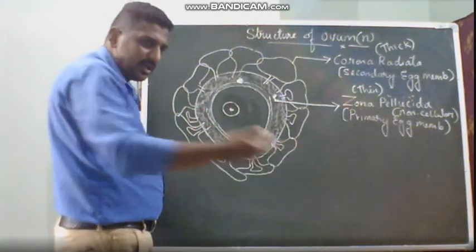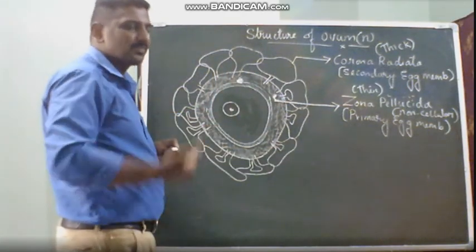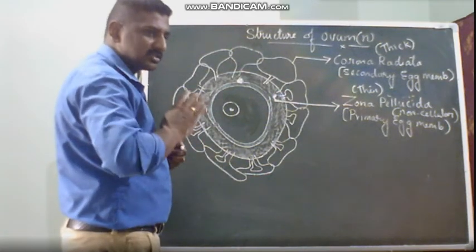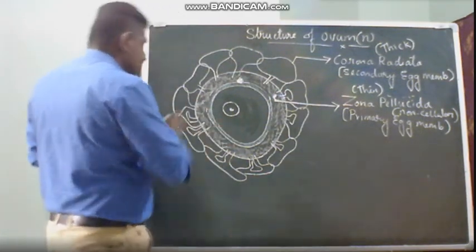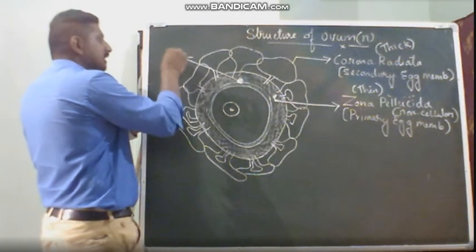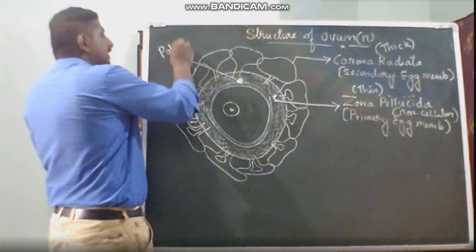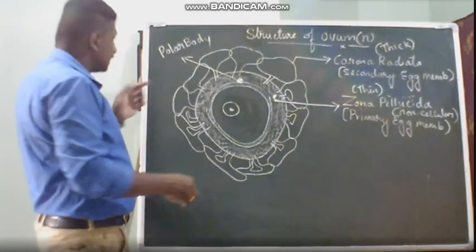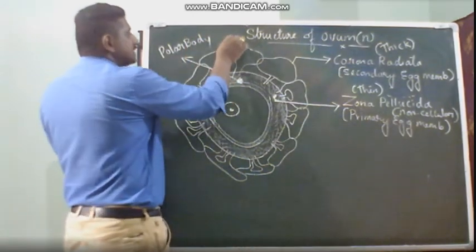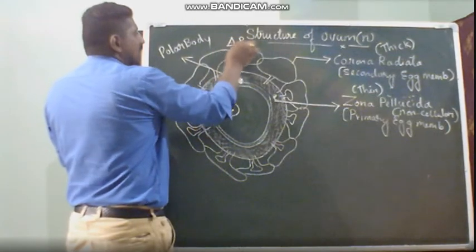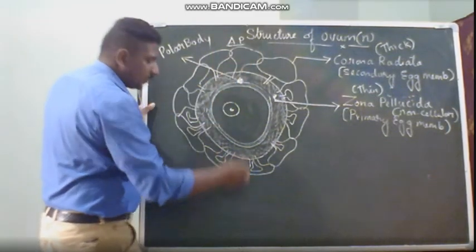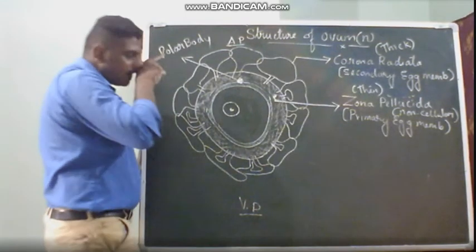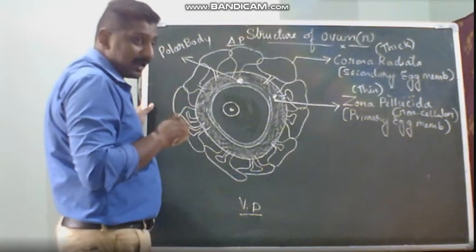Now we are focusing on pre-fertilization events, processes and structures. So by today, pre-fertilization events are completely over. This is called the polar body. I'll tell you how the polar body is formed when I'm telling you about oogenesis. The region where the polar body is there, that area is called the animal pole. Opposite to that polar body is the vegetal pole. So that is how we are marking the micropylar and chalazal end.